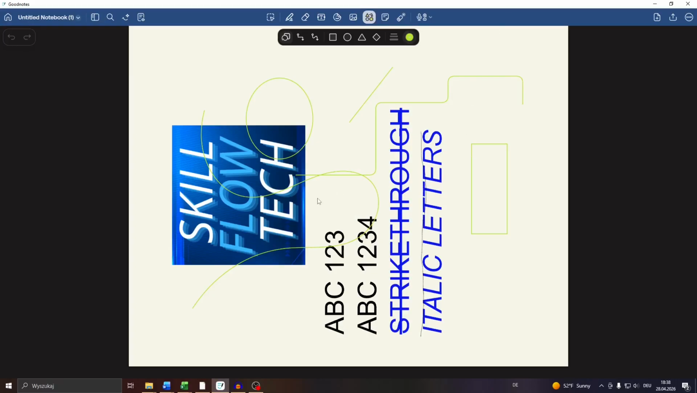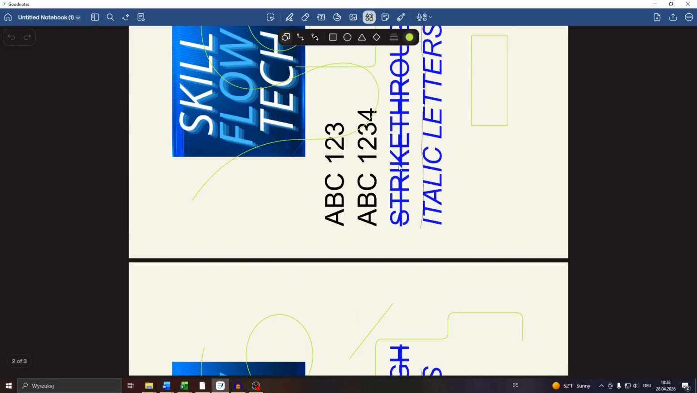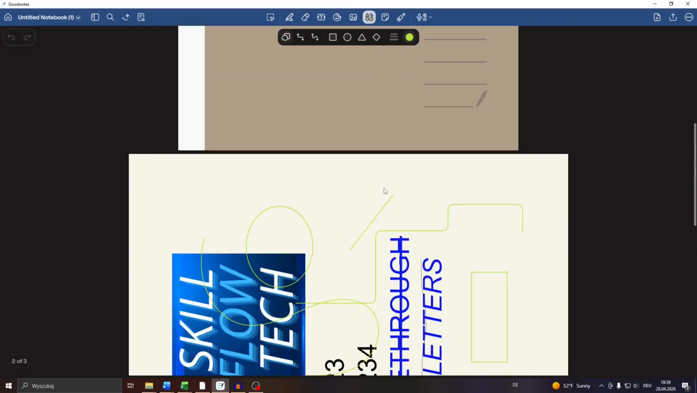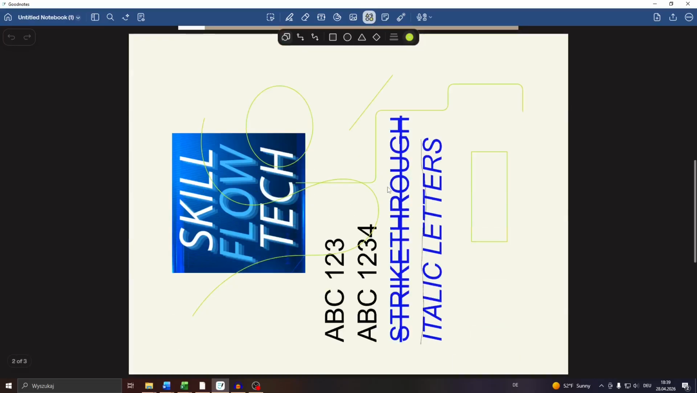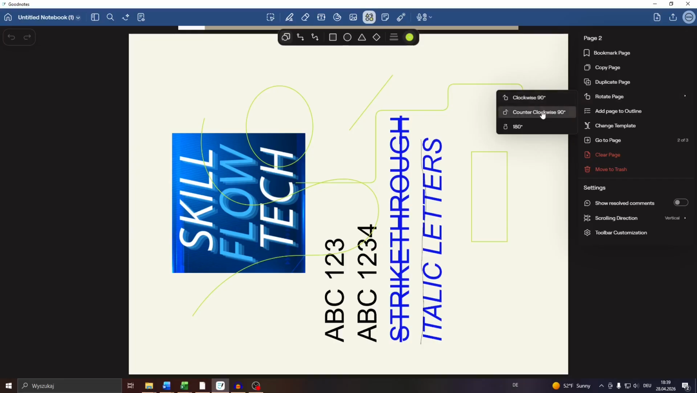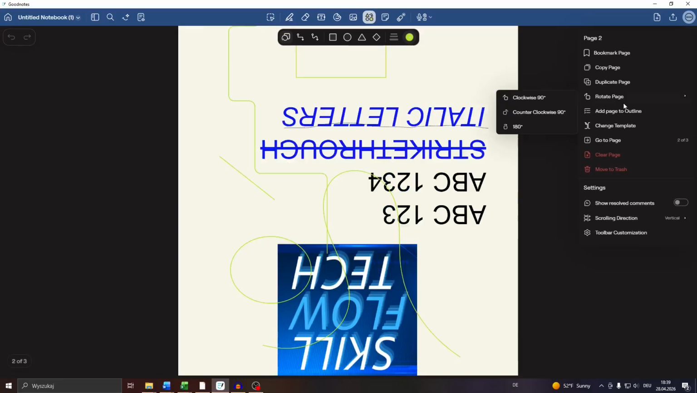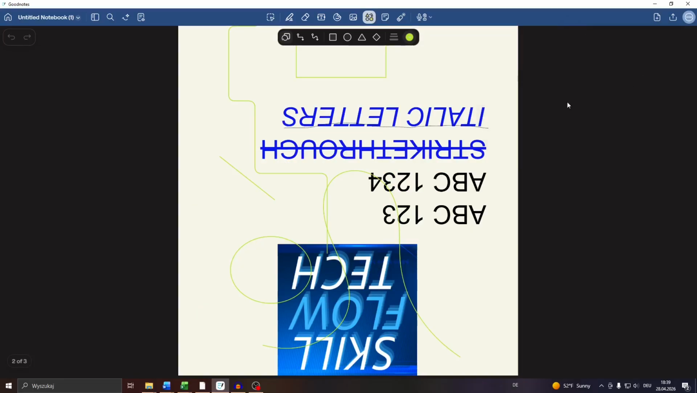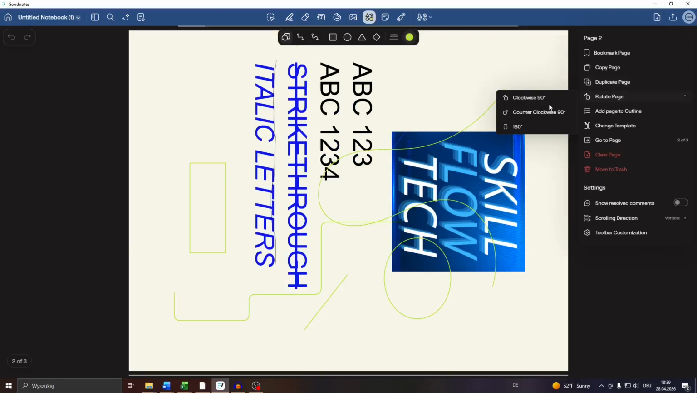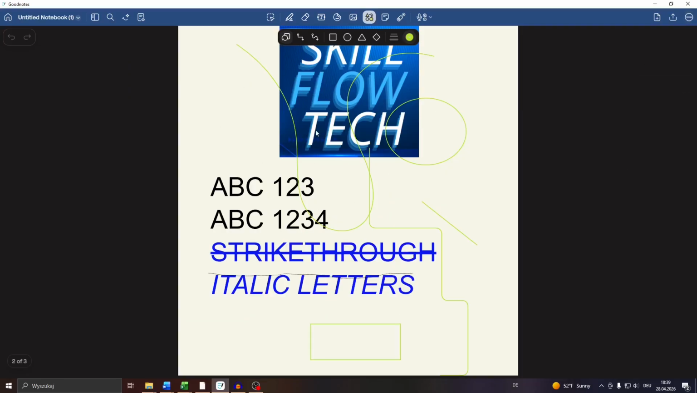In this tech tutorial video we're going to show you how you can enable rulers for orientation in your documents and notebooks on Goodnotes in 2026. So let us dive into this. Let me just rotate that page for better visibility. So what you want to do is, there are two ways how you can enable the